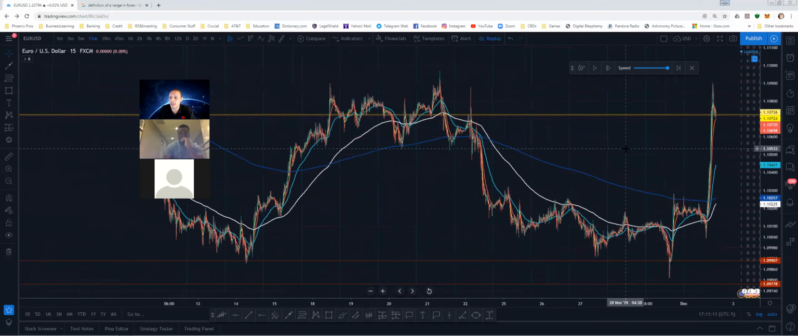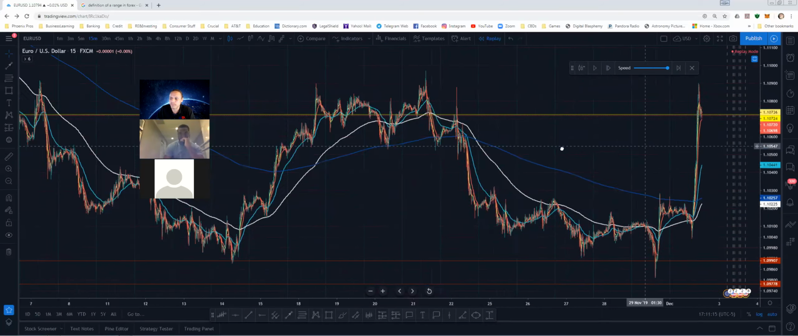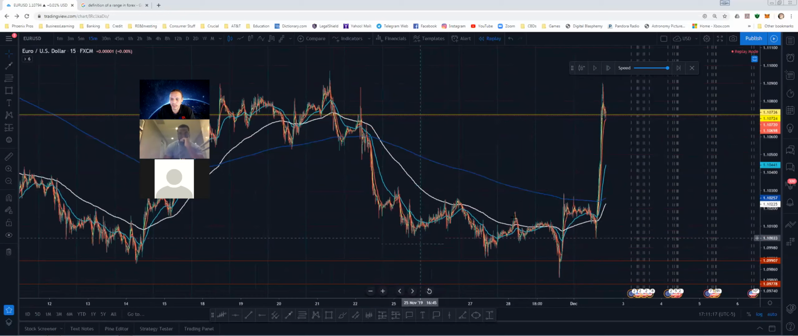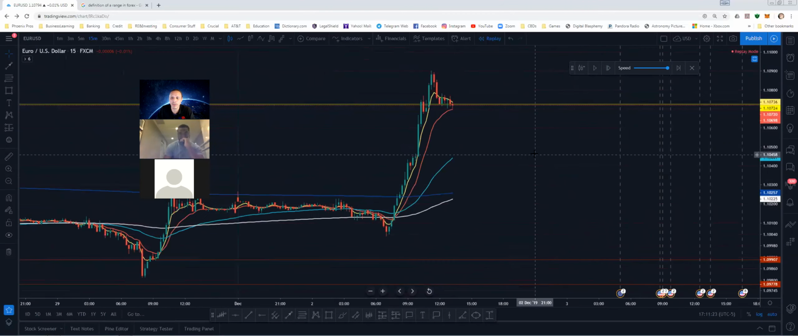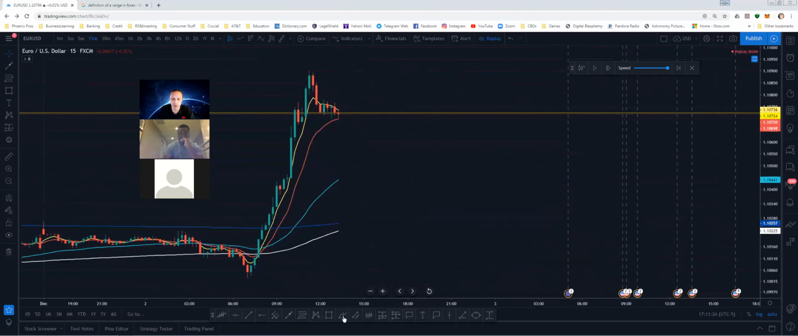We broke out from this range that was in here. So where do I want to get in? Right? I am now looking for, as time goes on, I'm looking for this to come up, right? And then the candlesticks